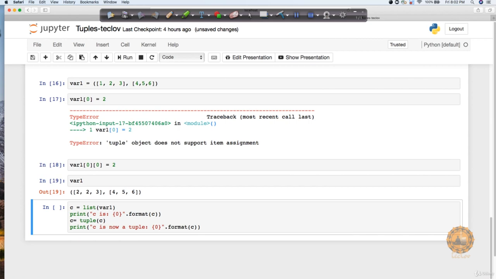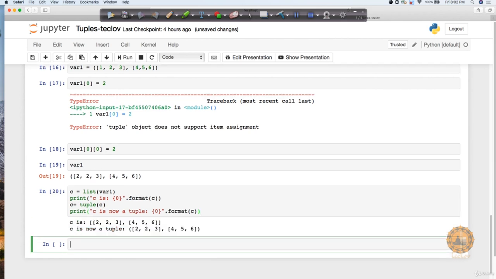And if you again want to convert a list to a tuple, you just put tuple on top of it, and it's going to create a tuple for you. Let's see these outputs also. So you can see that C is this and C is a tuple now, which is this. So the values will remain the same, it's just that my data type is going to be different.